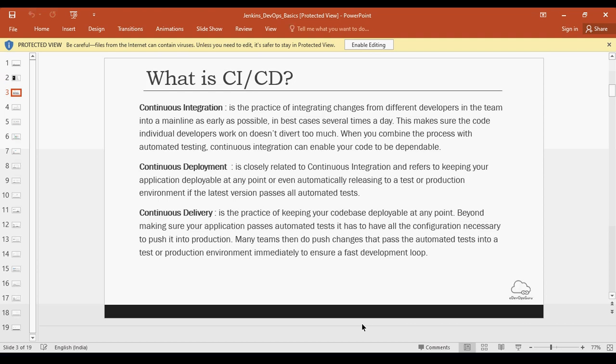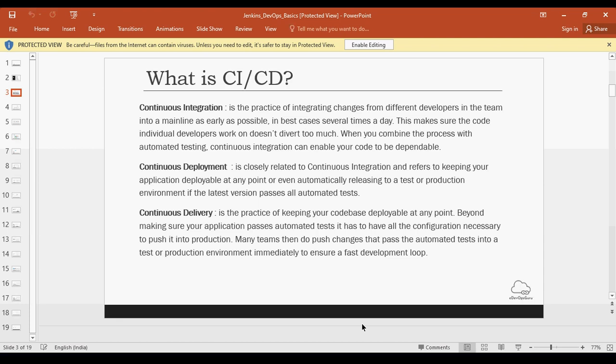So CI is the process of integrating everybody's changes and making sure that only clean, correct code is integrated. This process involves continuous automated testing. The code should be compilable, it should be packageable, and all other basic code sanity checks are in place.